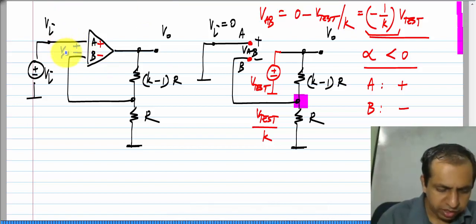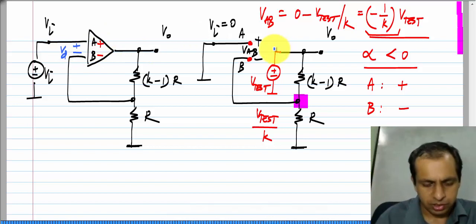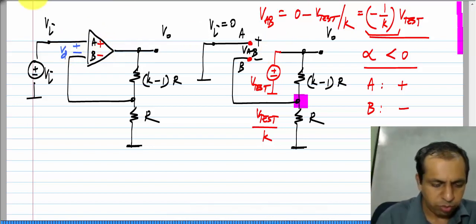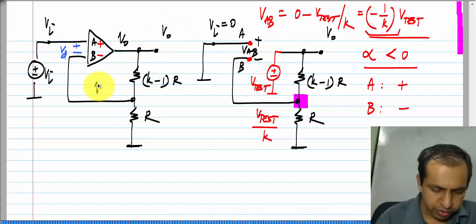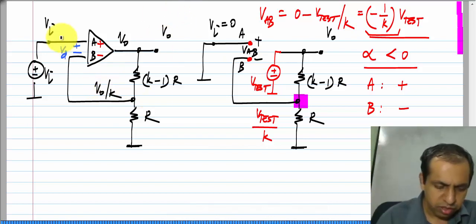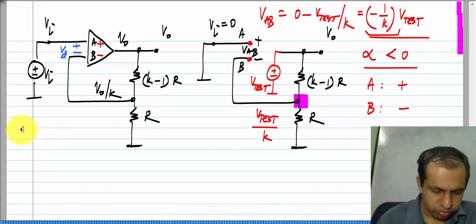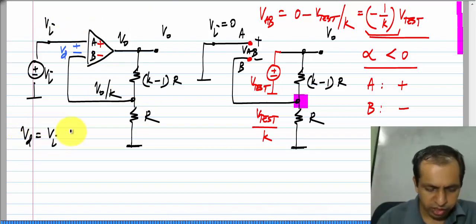Okay. In other words, this is V D according to the assumed signs, and if I evaluated V D in terms of V naught, which is the output voltage of the op amp, and V I, what will I get? So, this voltage is V naught by K and this voltage is V I. So, V D is V I minus V naught by K,